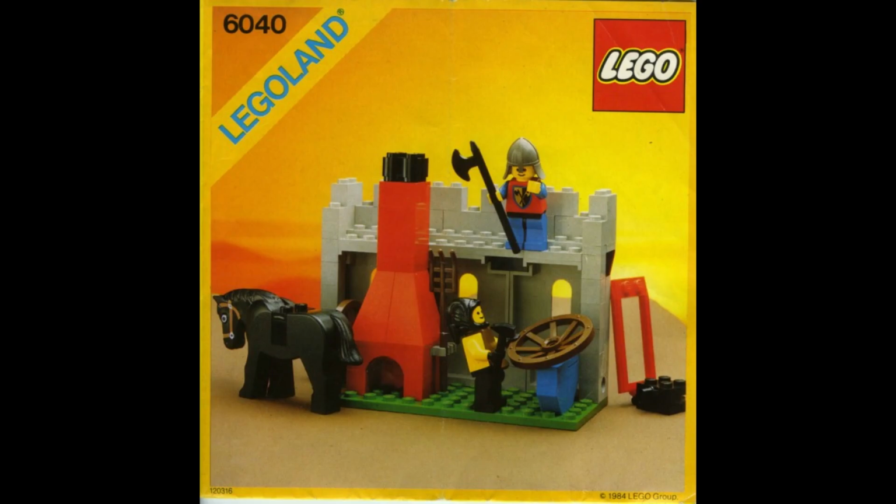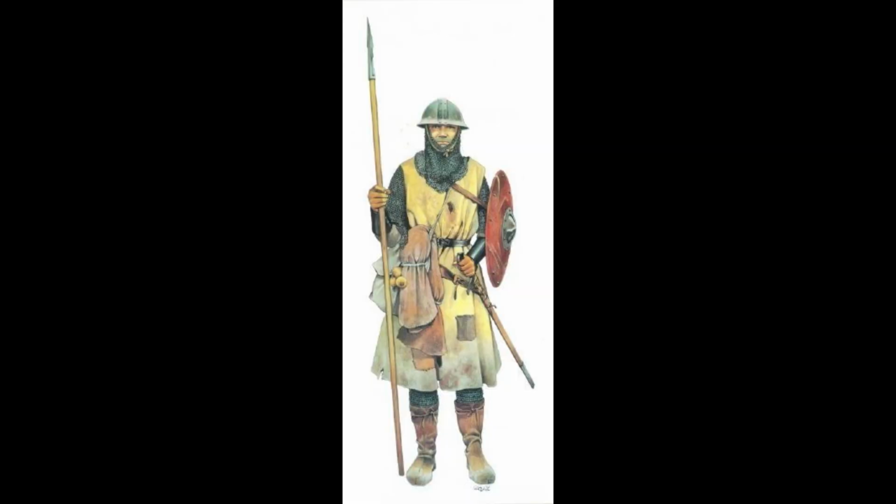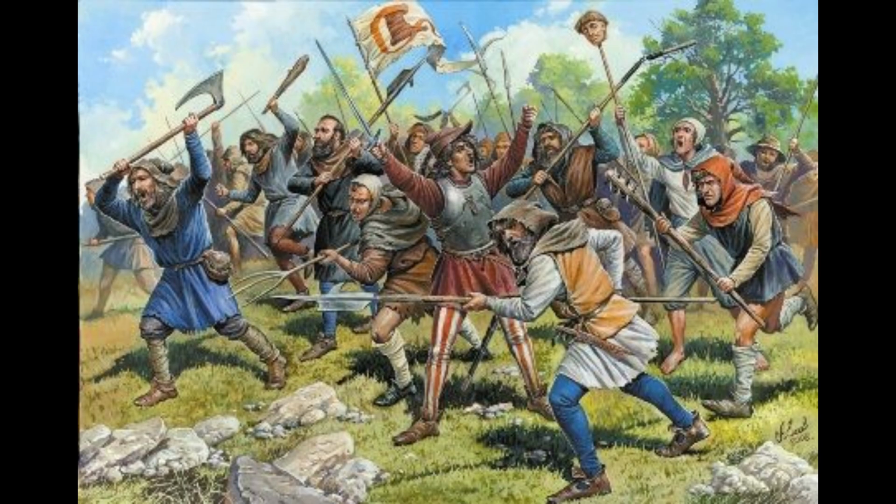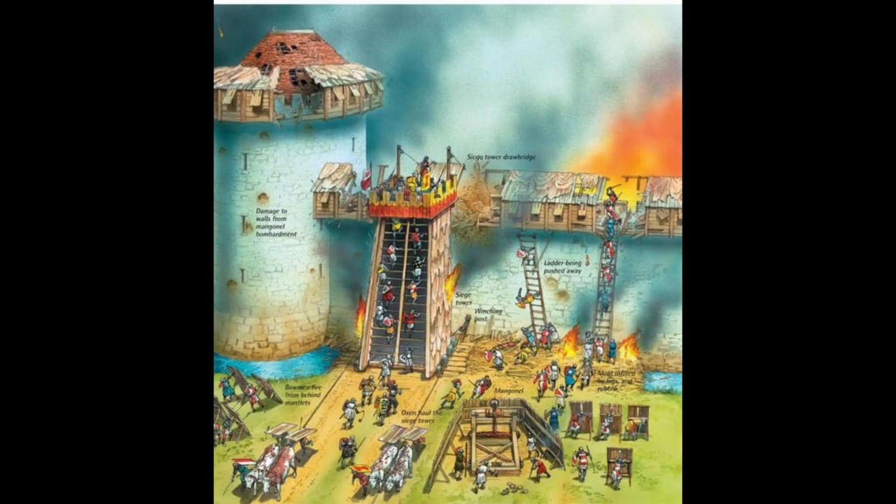In Blacksmith Shop, we see yet another soldier, which is performing typical guard duty. Again, more of a levy or low-ranking soldier's job. In 6061, the people storming the walls are the lowly and more abundant and expendable crossed axes. Levies were usually the bulk of an army, and storming a wall, especially the first wave after breaching with something like a siege tower, you usually sent the levies to soften them up